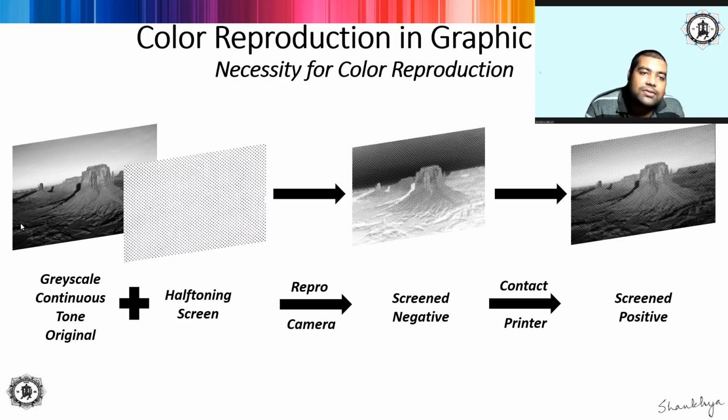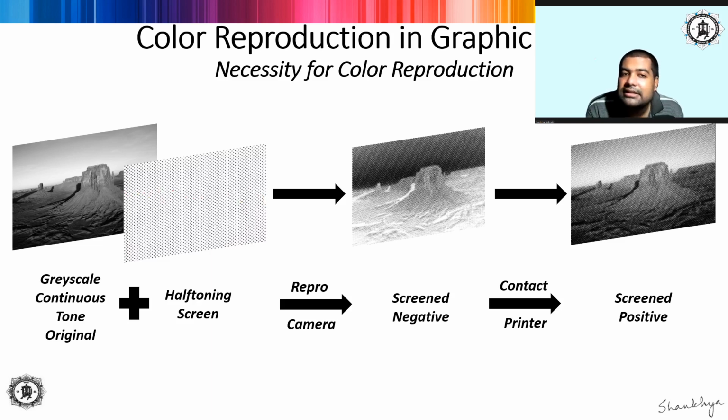Now how to reproduce this? We need a half toning screen, right? It may be a contact screen or a non-contact screen, like a cross-line screen. We just place the screen in front of the transparency on which we want to reproduce. If your original is a reflective copy, then we allow light to strike it, and some amount of light is reflected off. It enters the camera apparatus optical system and hits the half-tone screen, finally reaching the transparency.